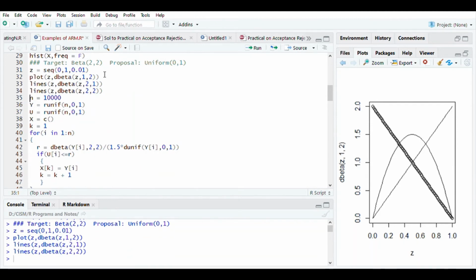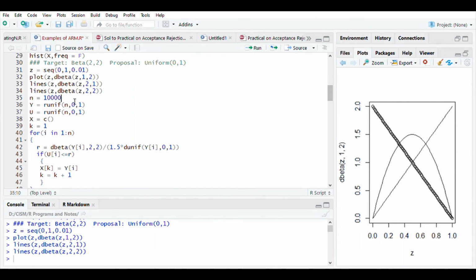So as you can see, the target PDF is actually quadratic in nature, whereas the proposal PDFs are linear in nature. So how much is it going to help? Does it matter? Because not much similarity is there between the target PDF and the proposal PDF. The only common point is that the range is the same. They are between 0 and 1 and they belong to the same family of distributions. So let us see how it matters ultimately.